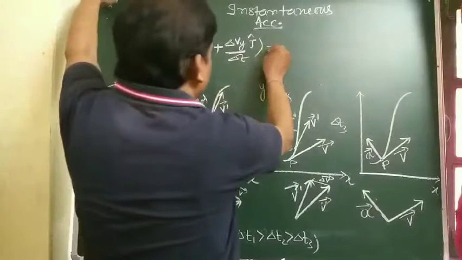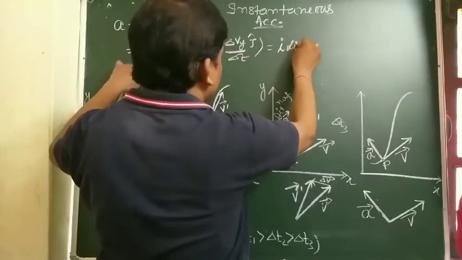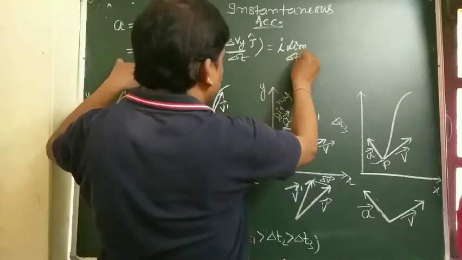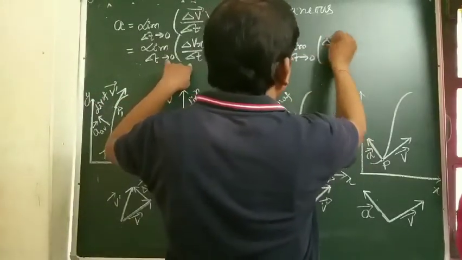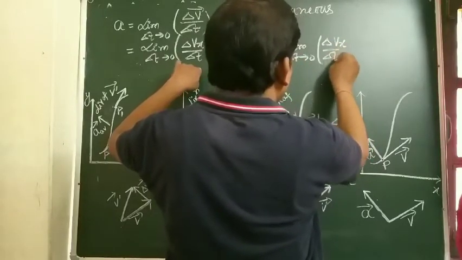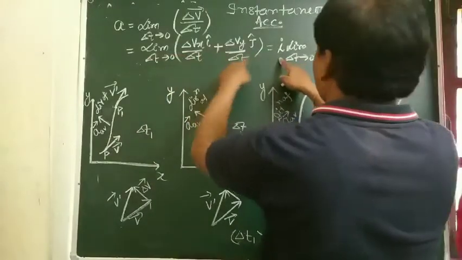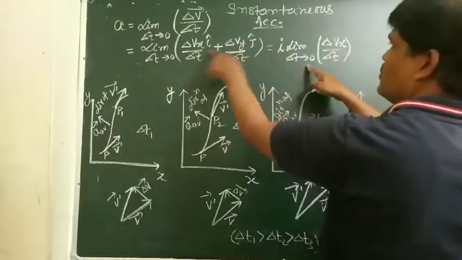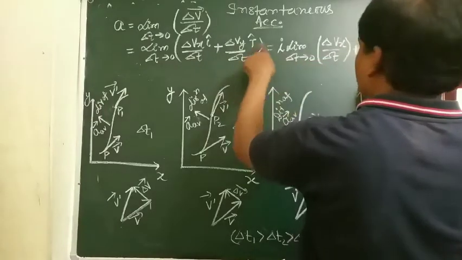It can be written as i cap limit delta t tends to 0 in bracket delta vx by delta t,